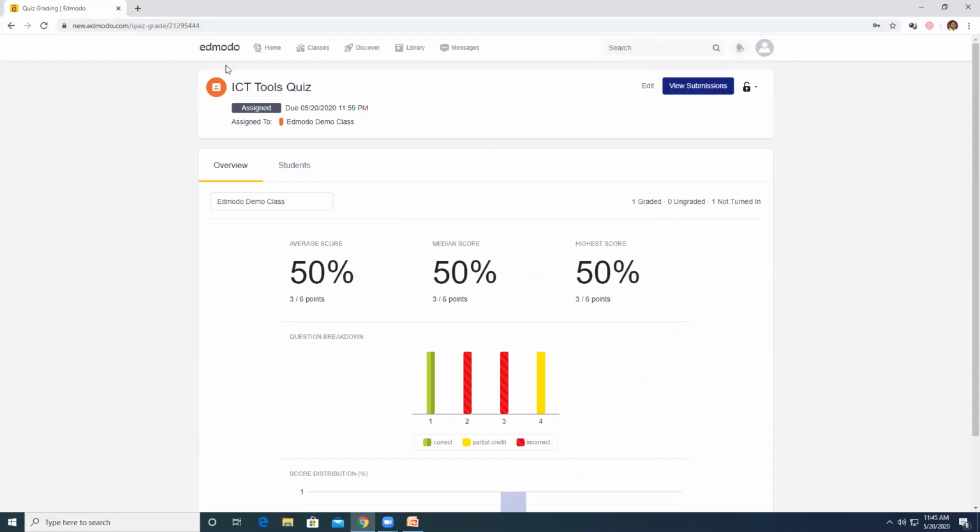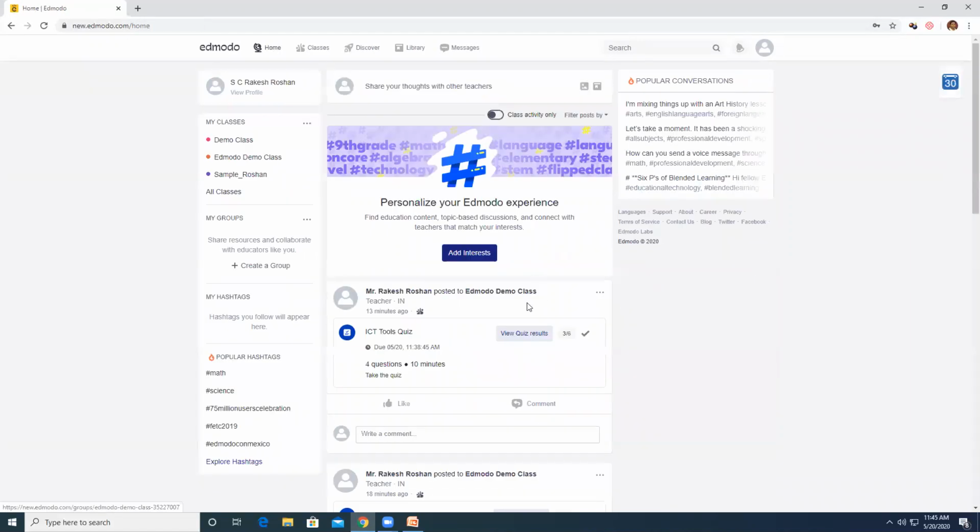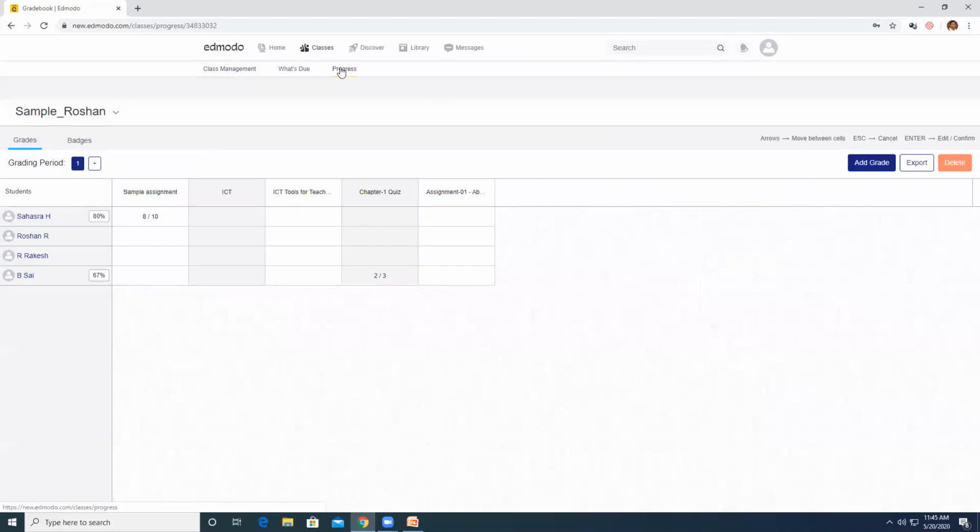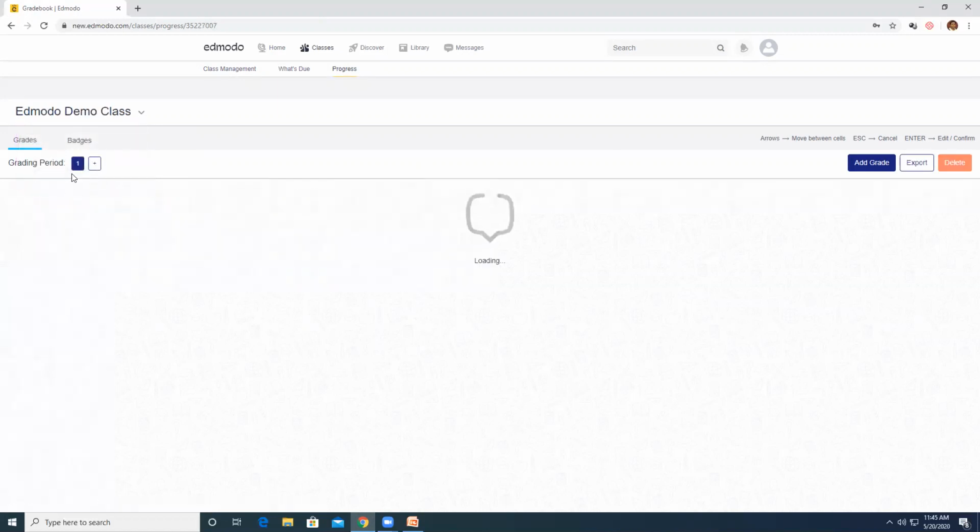Let me just go back. Let me go to the classes progress. I'm sorry, this is the sample Roshan class. That's why I'm not able to see. Let me go to Edmodo demo class. That is where we are giving this.